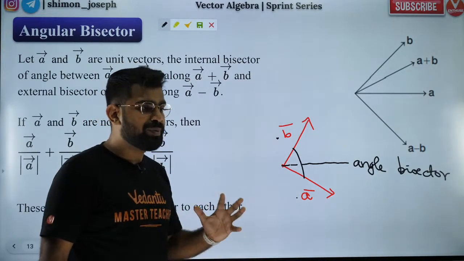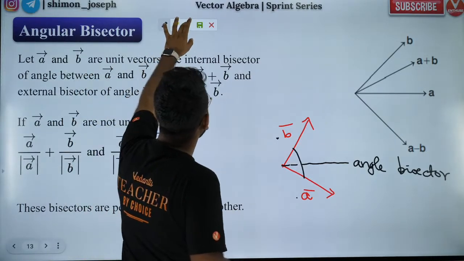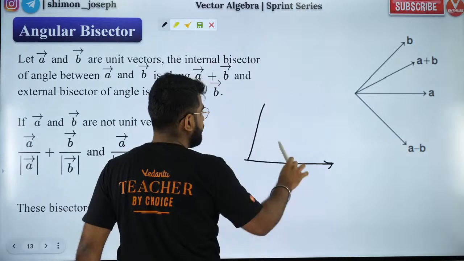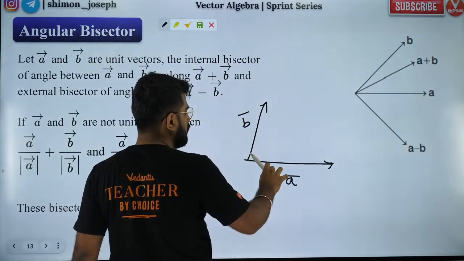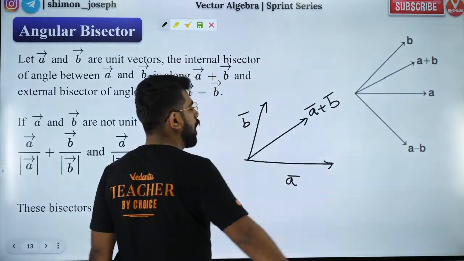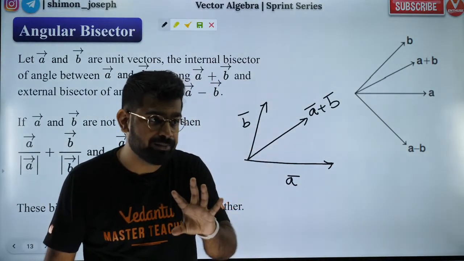Coming to the mistake people generally make. Listen carefully. Everybody listen carefully. What people generally do, now, I gave you the parallelogram law, right? A vector is like this, B vector is like this. So what is this? This is nothing but the A plus B vector. Do you remember? I taught you under the parallelogram law of vector addition. Did I teach you that?